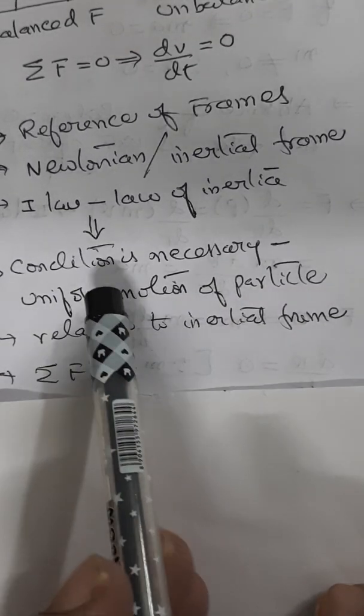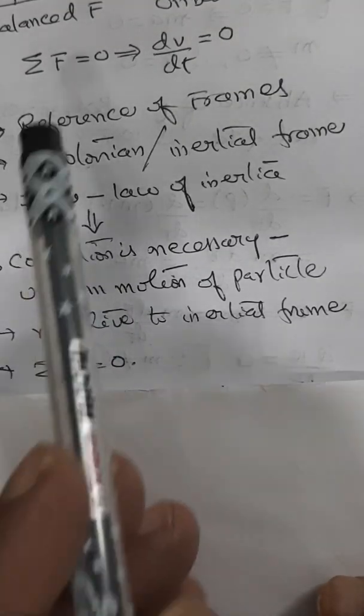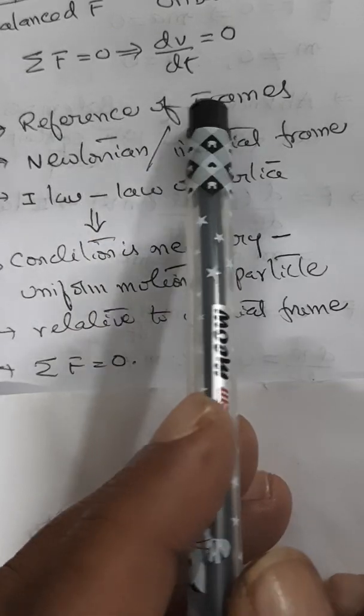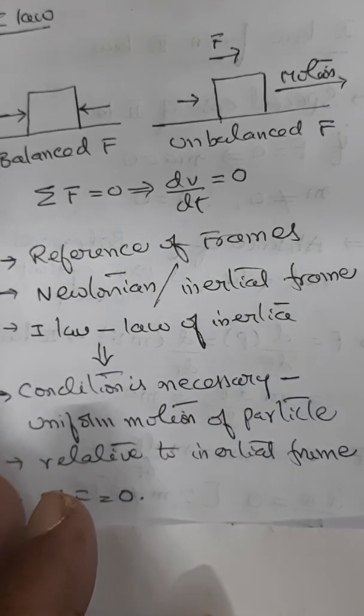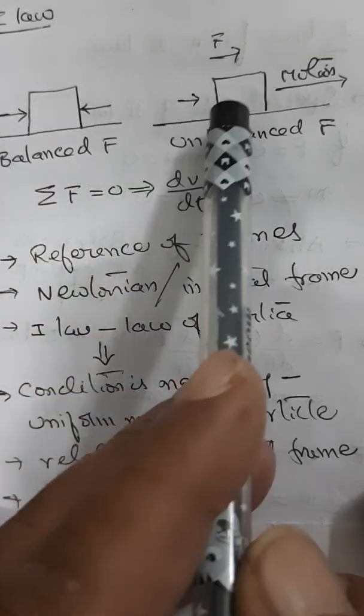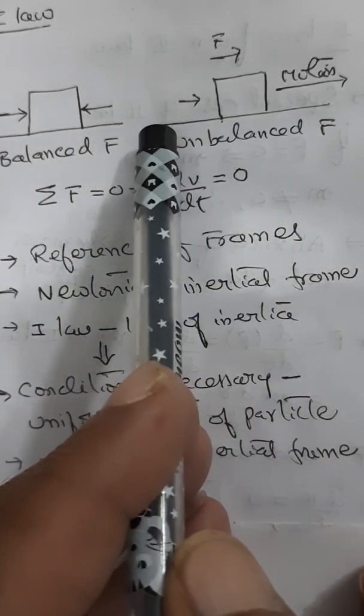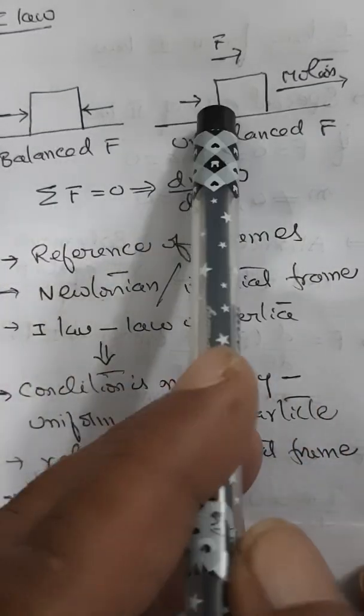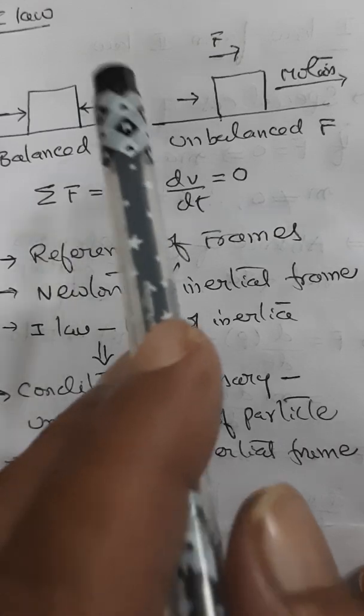This is what I mean. Again I am referring. This is very difficult to understand also. What is this inertial frame of reference? To understand this, when the body is at rest, the body wants to be at rest. When the body is in motion, the body continues to be in motion in a straight line without any application of force.